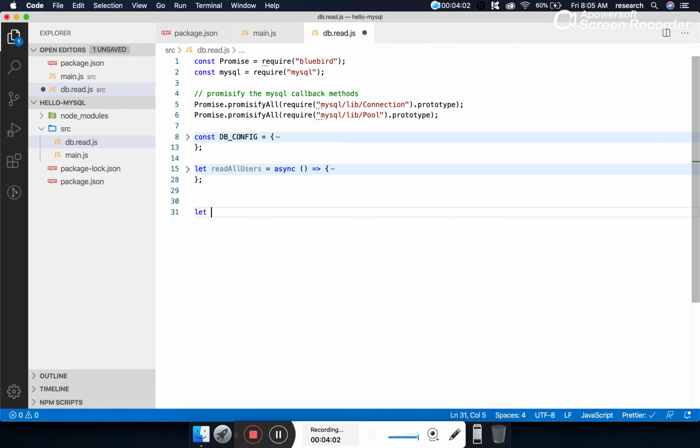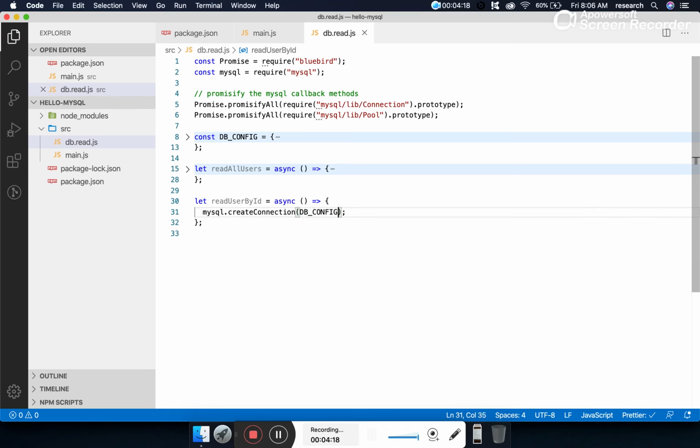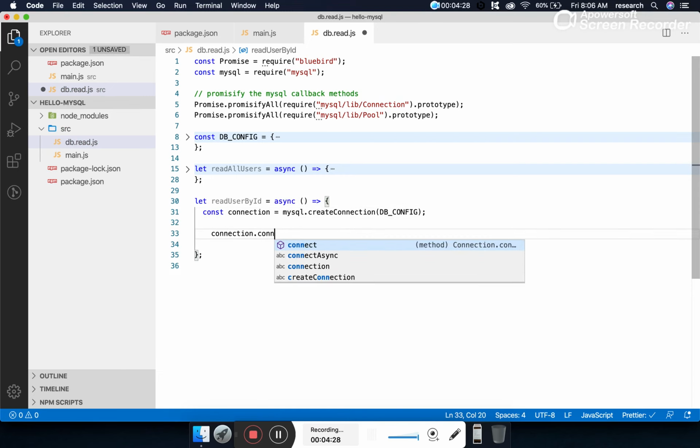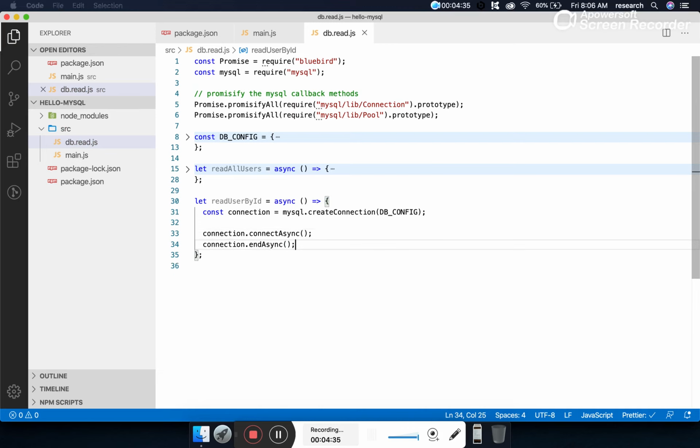Now let's create another query, read user by ID. Let's create another method, and we are marking all our methods asynchronous. Here, again, MySQL.createConnection, and since we are not modifying this object, const connection. Then connection.connect, and always while connecting we will end the connection with endAsync.